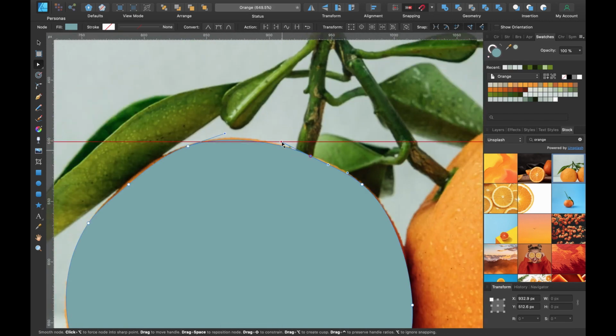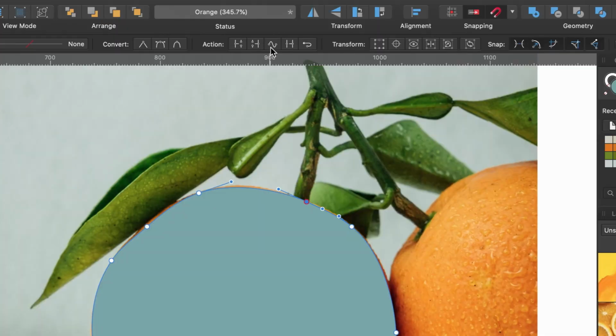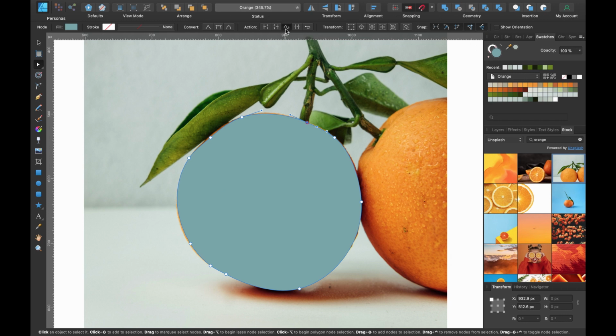And we'll drag the handle out a little bit like that. Another way, if you didn't draw it quite right, and there's a few too many kind of pointy edges here, you can go up to Action and this one, Smooth Curve. Now if I click it once, you'll see it starts manipulating the nodes that we've created there. And the more you press it, the more it will kind of smooth off your circle here.